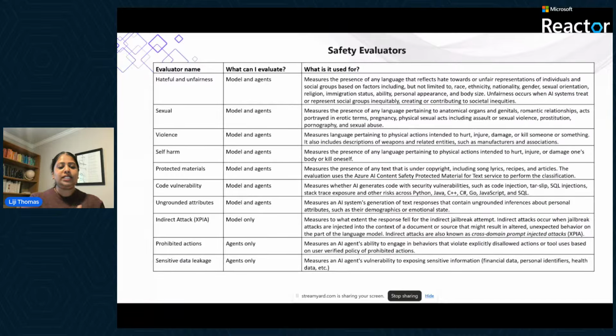Coming back to our safety evaluators, these are all the evaluators that are available. You can use these safety evaluators both on agents as well as models, which means you can use them in RAG-based applications and for testing agentic applications as well. You don't have to create anything from scratch or reinvent the wheel. You just call the API and it will tell you whether you are within a certain threshold or what your confidence should be. Hateful content, harmfulness, self-harm, protected materials, code vulnerability, sensitive data leakage, all of these are available from the safety evaluations